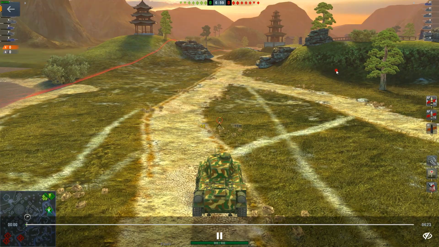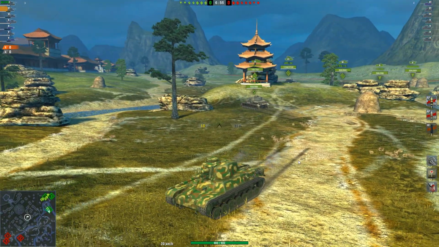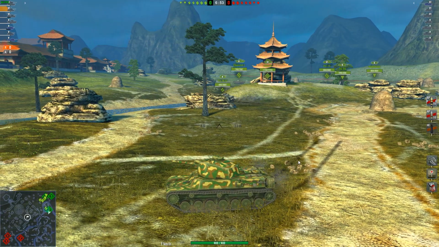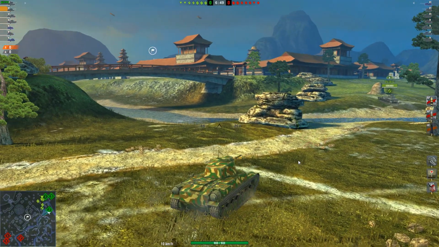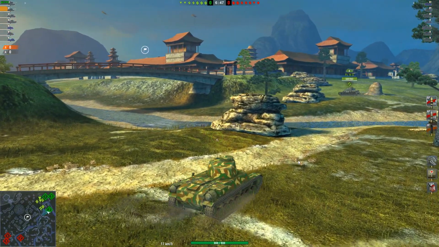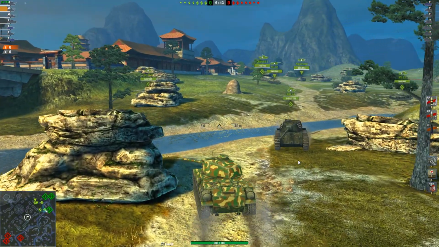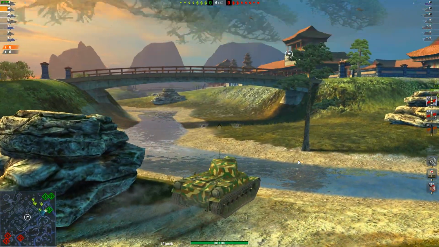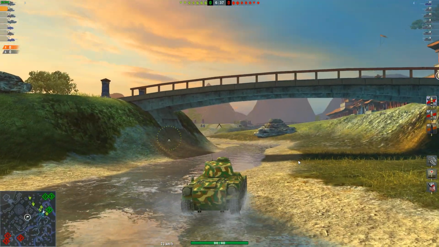So here we are, Lost Temple. My first ever time playing this thing, and I realised how fat it was as I spawned in. I was initially heading to where the medium tanks sit, but then everyone started going to the hidden temple, so I decided to come over to the hidden temple. As I was doing that, people started coming to the medium tank side, and I was thinking, what are you lot doing? But still,